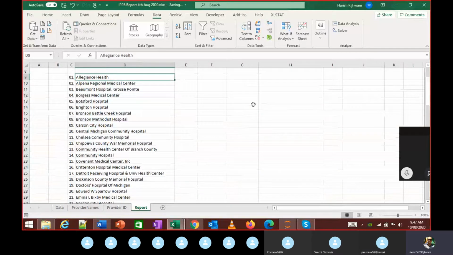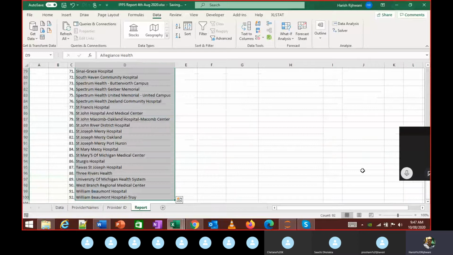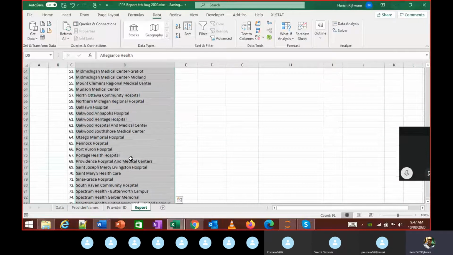So if you select this range, at the bottom over here you see a count. That is the number of records which are present over here. It tells you how many rows are filled. If it is not a numeric value, if it is text, it's still counting those and telling you.